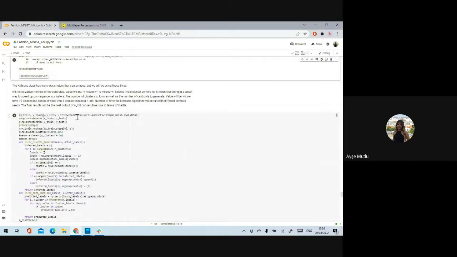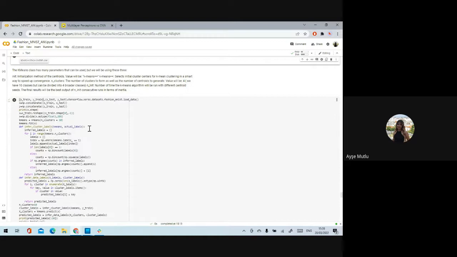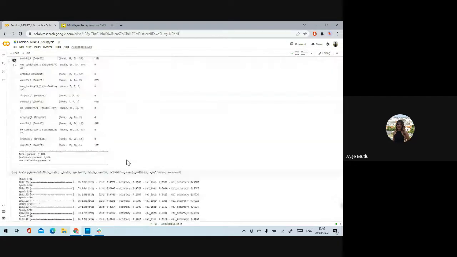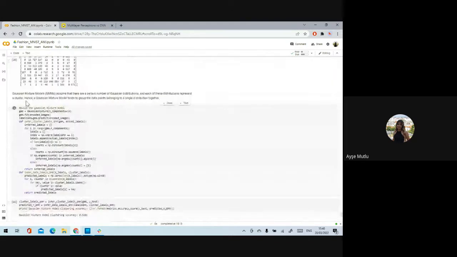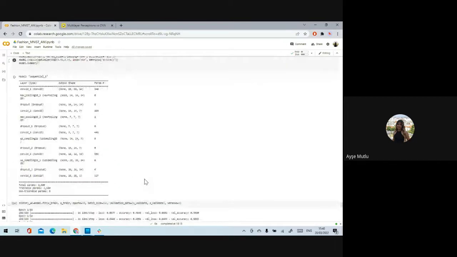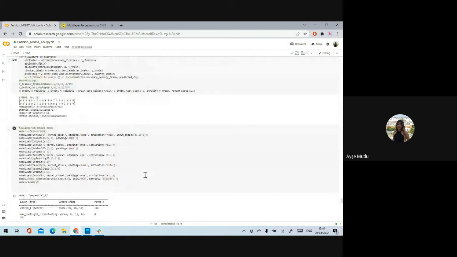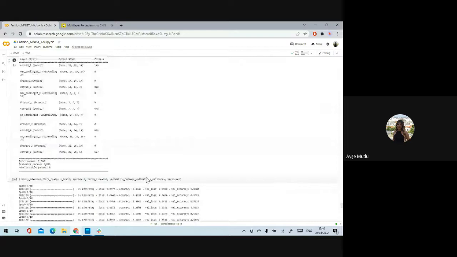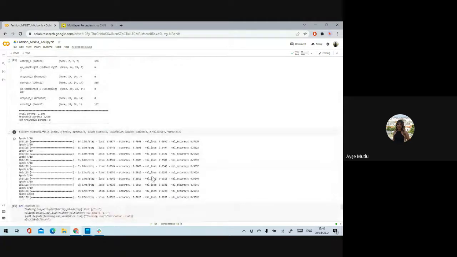So here we are building the K-means model, and then we are also building the Gaussian mixture models. I would suggest you have a look at these models and make a note of all the questions, because these are quite complicated and quite long, and it will be interactive also if you make a note of your questions for next week, and we will be looking at how we are building these two models. So thank you for that, Aisha.